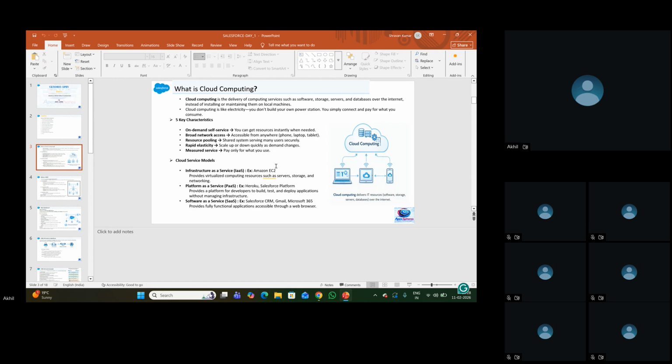If you go for third party servers, there might be some communication gap. Sometimes the server might go down, and we need to reach out to them. If you build an application, we need to reach out to them. So these all would happen. But in case of Salesforce, we don't need to worry about the server. They provide 24/7 service for the servers, and if there is any maintenance, they will also list out that maintenance. They also have backups of the servers for any failures or data issues. So this is all about these three components.